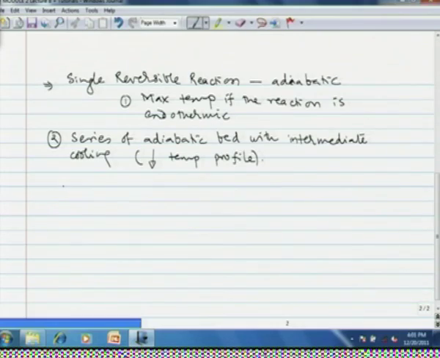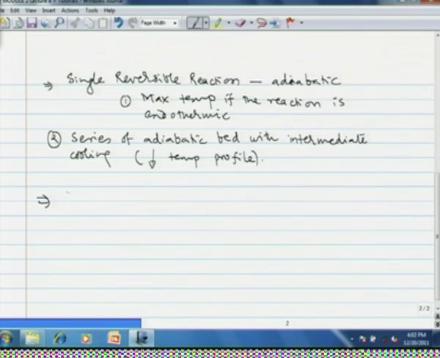Now, these are the guidelines in perhaps the luckiest situation when you have a single reaction, whether reversible or irreversible. But in most of the cases, you will have multiple reactions. Now, let us consider a case of parallel reactions. Okay. And the reaction that we take is A goes to R, which is desired product,